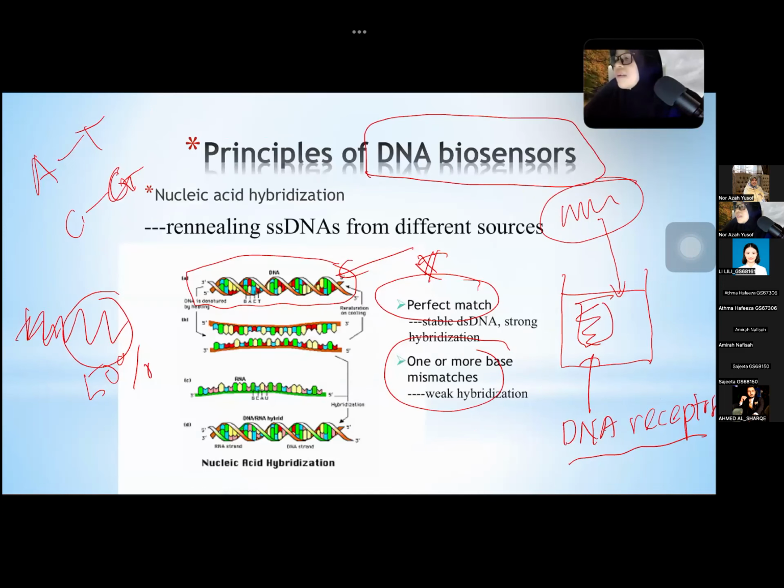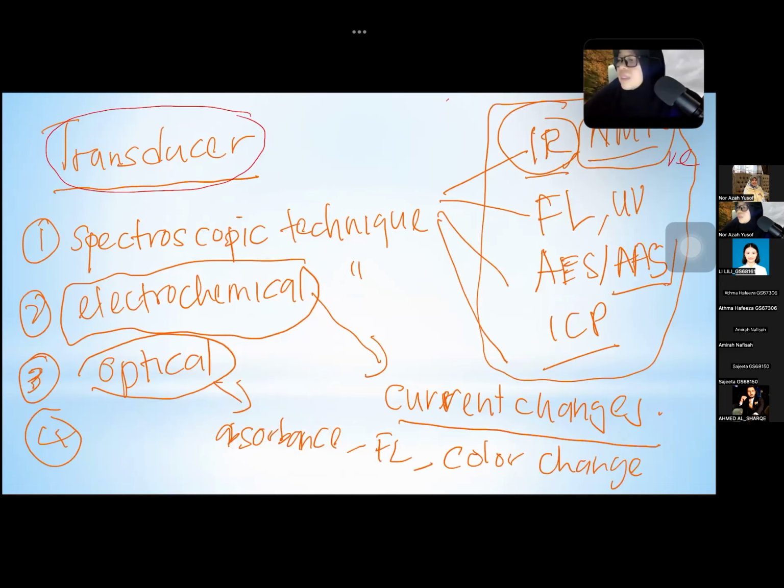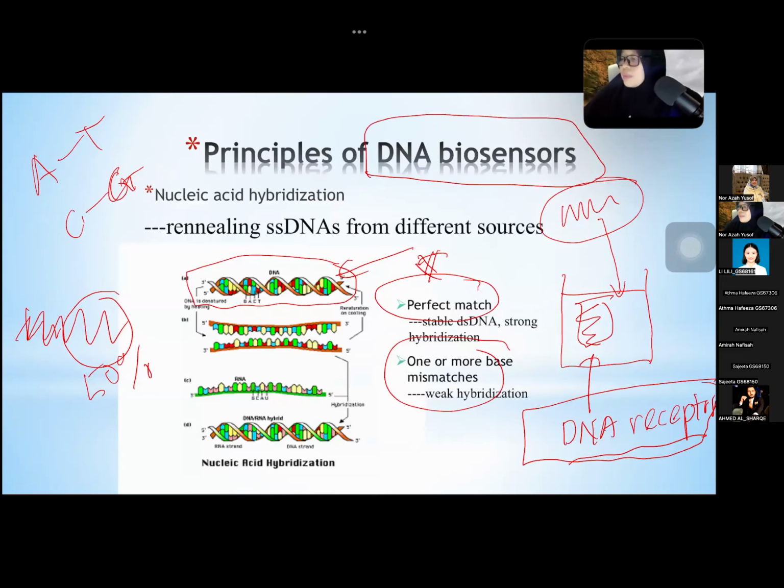All right. I have given you an example of a DNA receptor, because it goes back to what we discussed just now, receptors. In this case, we are using DNA. These DNA receptors have been designed, meaning that if any DNA from the samples matches perfectly with the DNA receptor, it confirms the DNA from the sample is Mycobacterium tuberculosis, for example, because the sequence of these receptors has been designed to really represent Mycobacterium tuberculosis. Okay, so I hope that you can